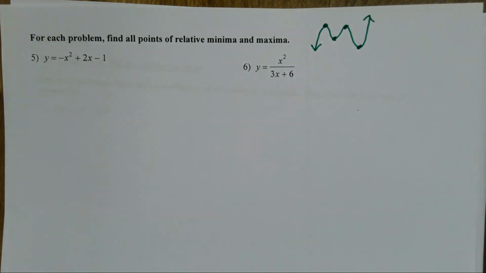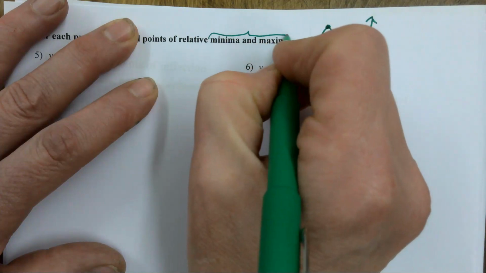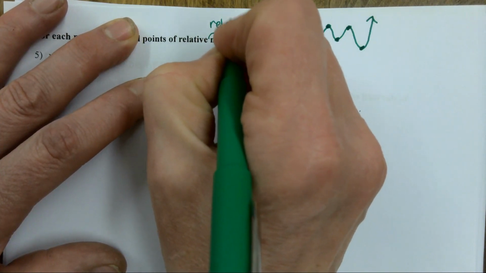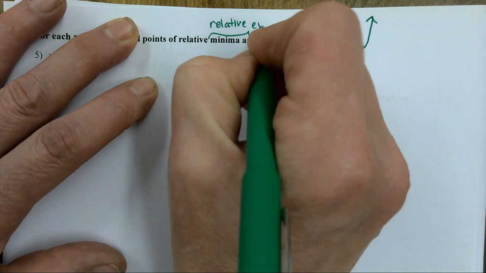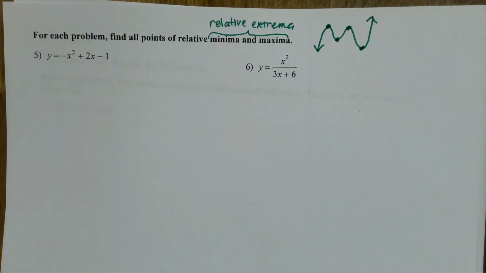They are extreme values. These are, again, referred to as relative extrema. And that's, again, extreme values. High points, low points in the graph. Well, we talked yesterday about